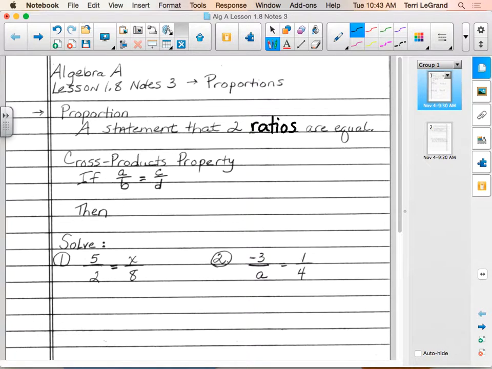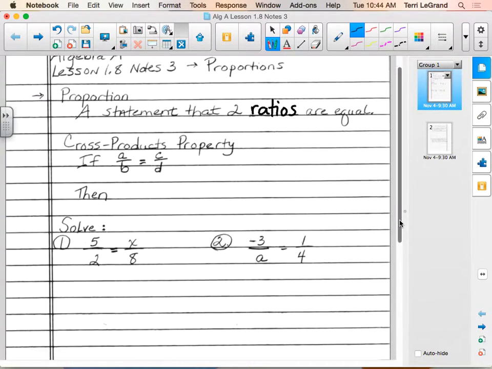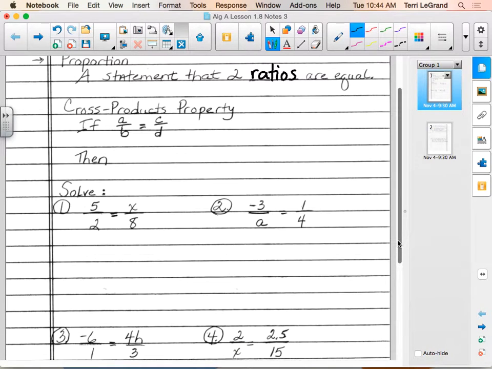A ratio is a comparison of one number to another, typically written as a fraction. It can be written other ways. When we have them as a proportion, we are going to write them as fractions. We're going to have a numerator and a denominator, our two numbers that are being compared. But we're going to have two ratios set equal to each other. So a proportion is actually an equation that has a ratio on one side and a ratio on the other side. Okay, so we're going to learn how we can solve them, and we're going to use something called the